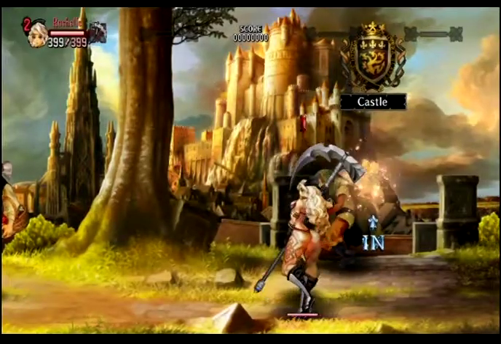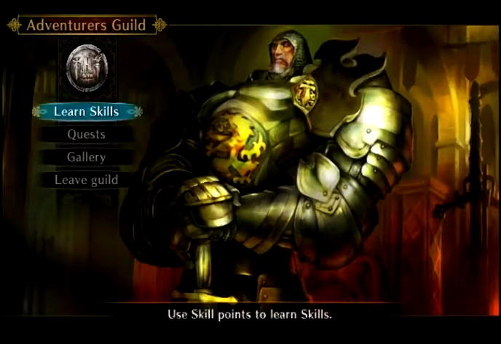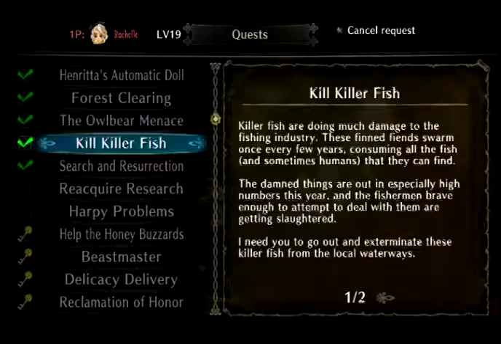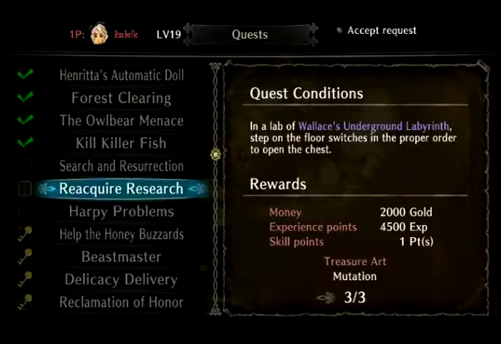Let me go to the Adventurers Guild. There it is. Forgot to put a building here. I don't know what to tell you. Guess they didn't want to obscure the view. So let me turn that off. Let me turn one of these on. Harpy problems. Yeah, well,